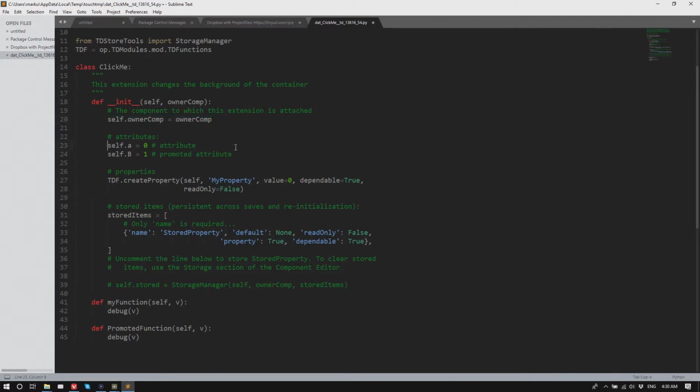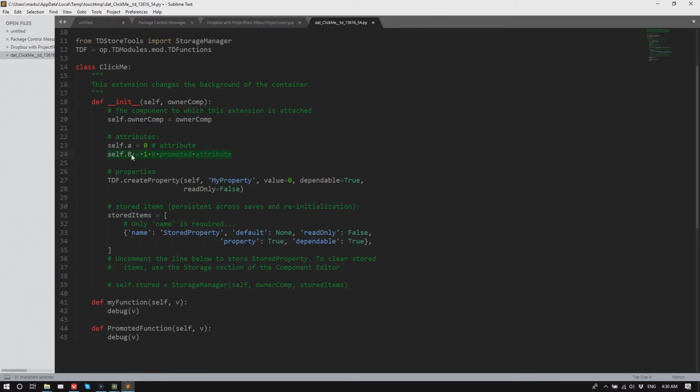And then you have this idea of attributes here: attributes that are available now to the whole class, and promoted attributes which are available to the class but also available from the outside.